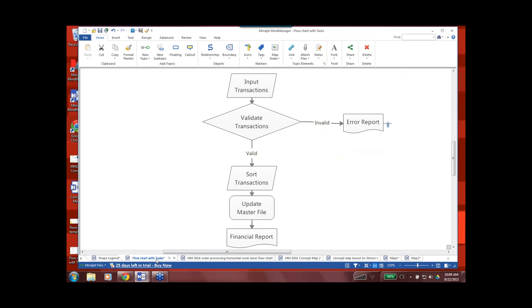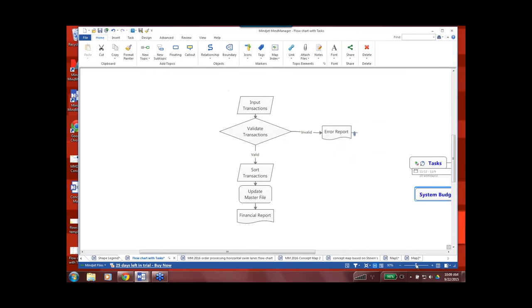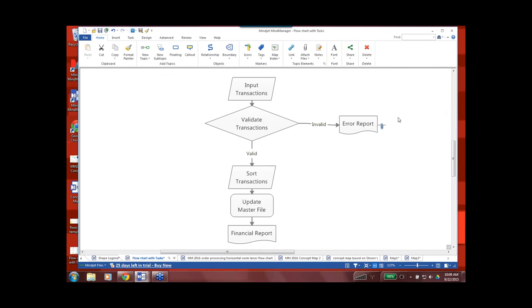So here's one that is a common type of application for a flowchart, namely, inputting transactions, validating transactions. Are they valid? Yes, we're going to sort them. If they're invalid, we're going to send an error report. Now, right away, you'll notice here, error report is using the document shape because an error report is a document,